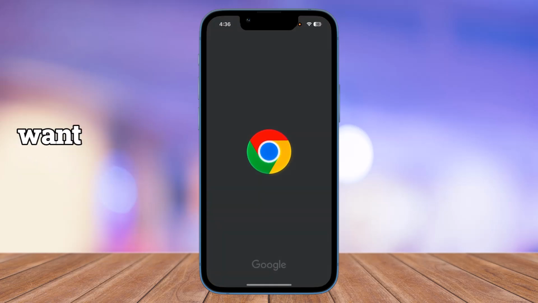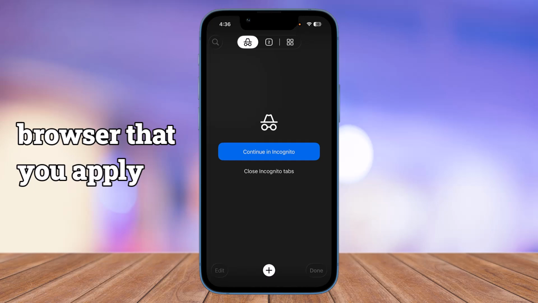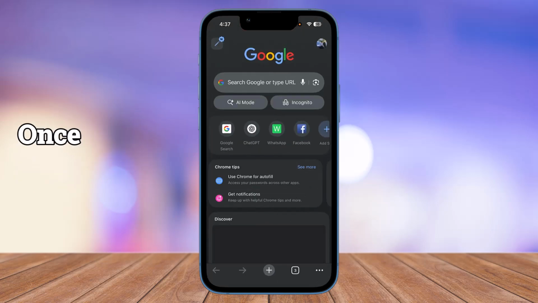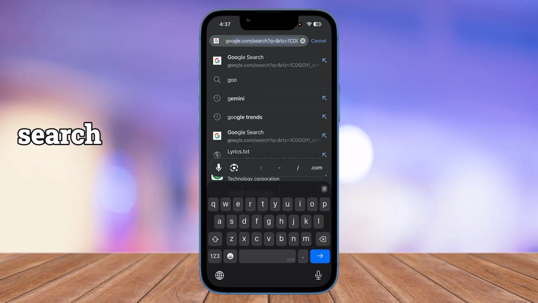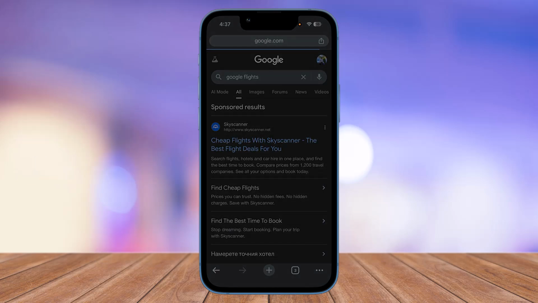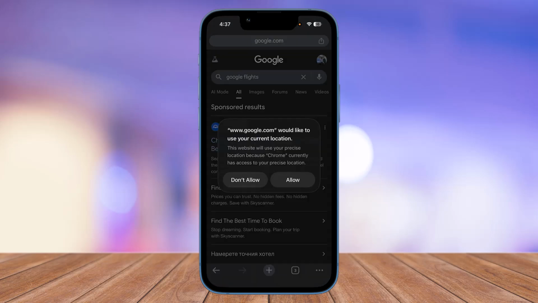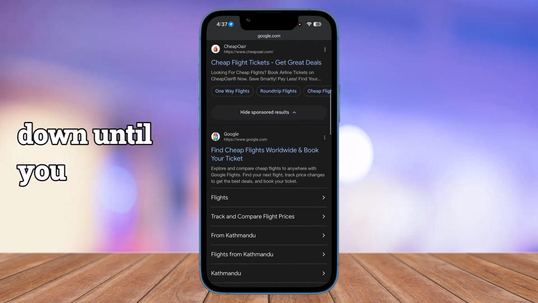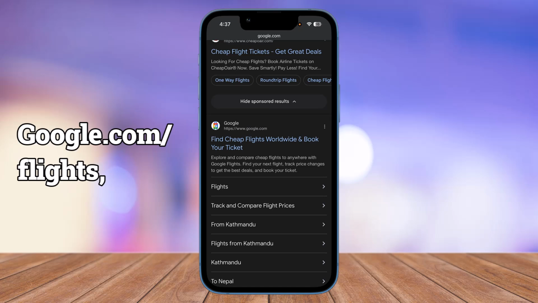The first thing you want to do is open any browser that you prefer using and simply go ahead and open a tab. Once you've done that, simply go ahead and search for Google Flights, just like so, and click on search. Once you've done that, all you want to do is scroll down until you find google.com/flights, which is going to